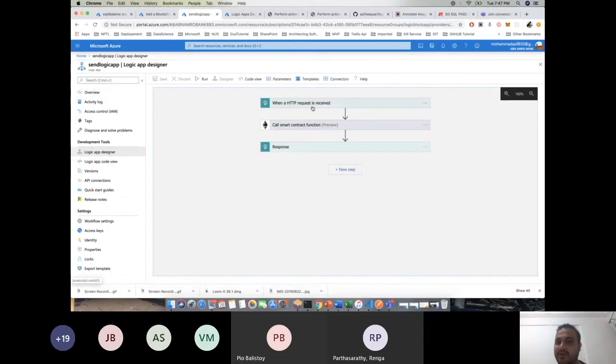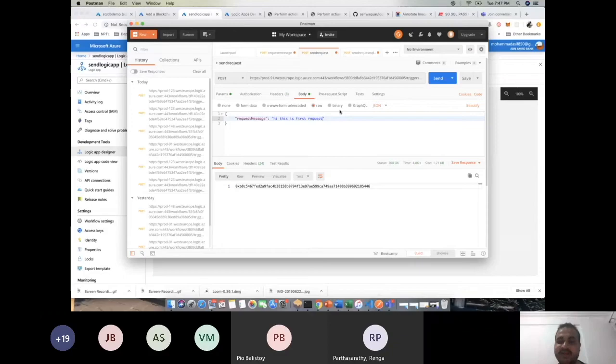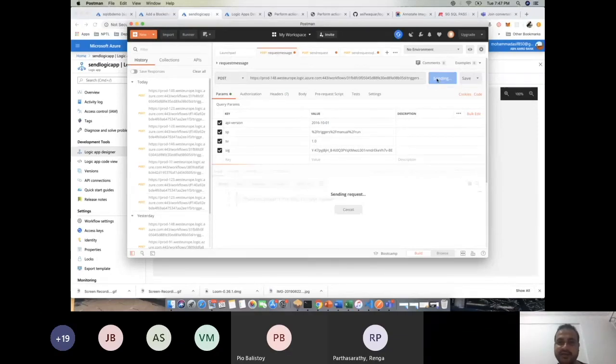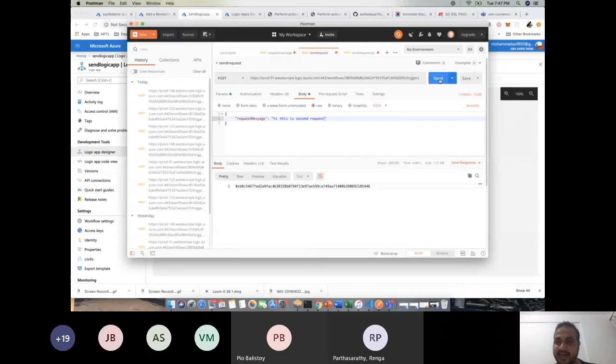So I'm going to send the HTTP request, call the smart contract, and then we are going to get the response. So let's see, I am sending my second request. Currently, if you see here, I'm getting the request. I have only this state, "hi", which is my first request that I made earlier. Now I'm going to make the second request on the blockchain